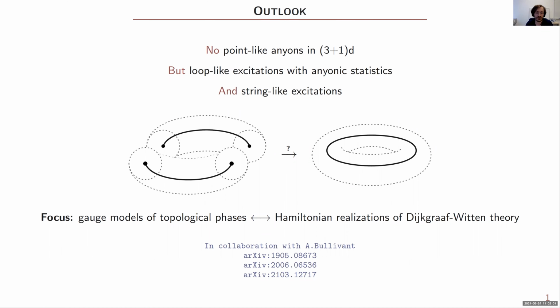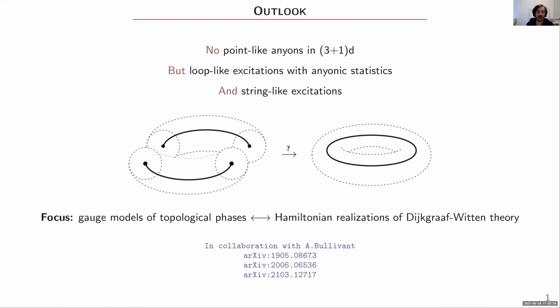Now, ongoing efforts to better understand the kind of mathematical structures that classify topological phases in higher dimensions have led us to make a distinction between the notion of loop-like excitation and the notion of string-like excitation. One of my goals today is to clarify what I mean by this distinction. Roughly speaking, the idea is that the string-like excitations are more fundamental, in the sense that several of those can be put together in order to build a loop-like one.